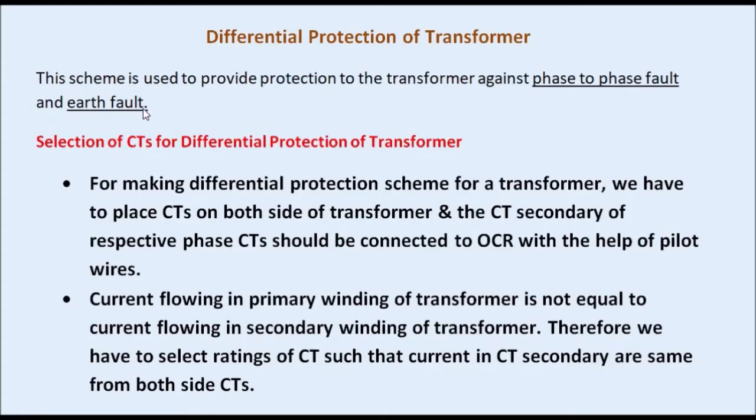Now, in order to obtain the differential protection scheme for any equipment to be protected, we have to place CTs on both sides of that equipment, and then we have to connect the secondaries of respective CTs to the overcurrent relays through the pilot wires such that currents in the pilot wires flow in the same direction. See here,